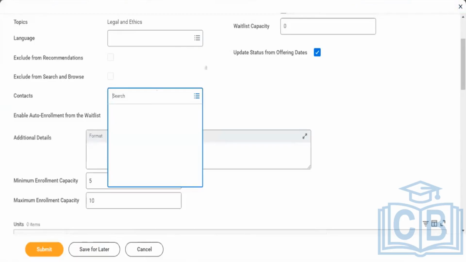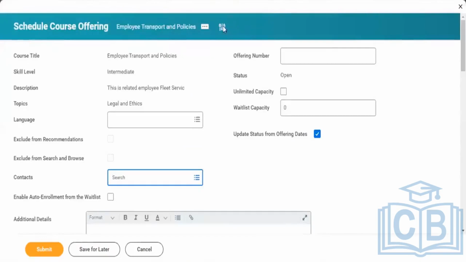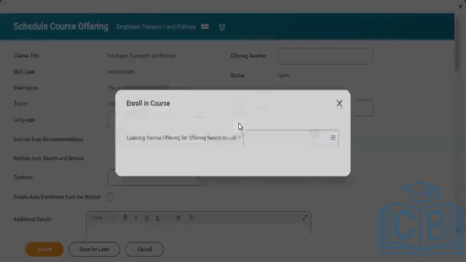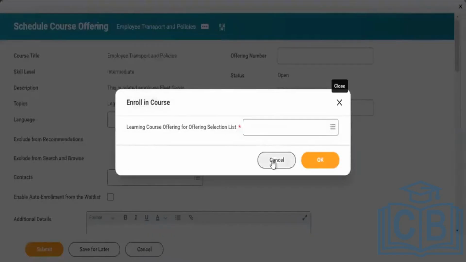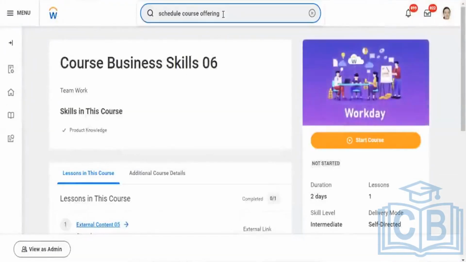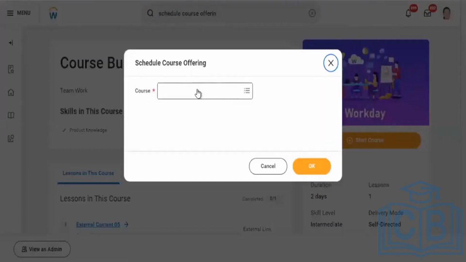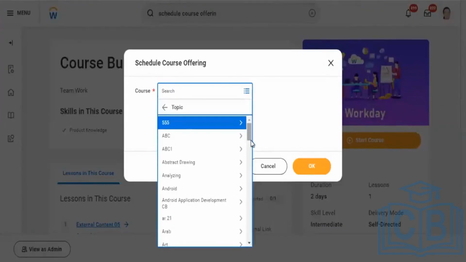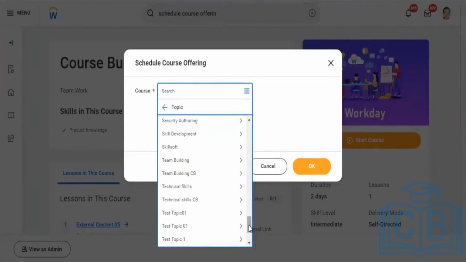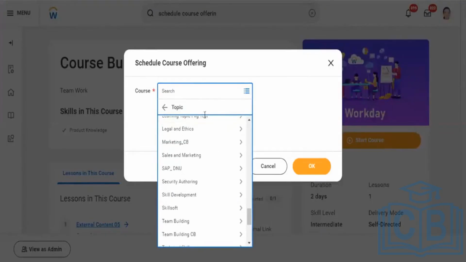Do you remember any of the blended courses that we created? Or did you create some blended courses? I don't remember the one blended course I created, but I'm not sure if I completed it or not. Code of Conduct, I think I created something. You created two courses. Transport, and legal and ethics. Transport, wasn't it?